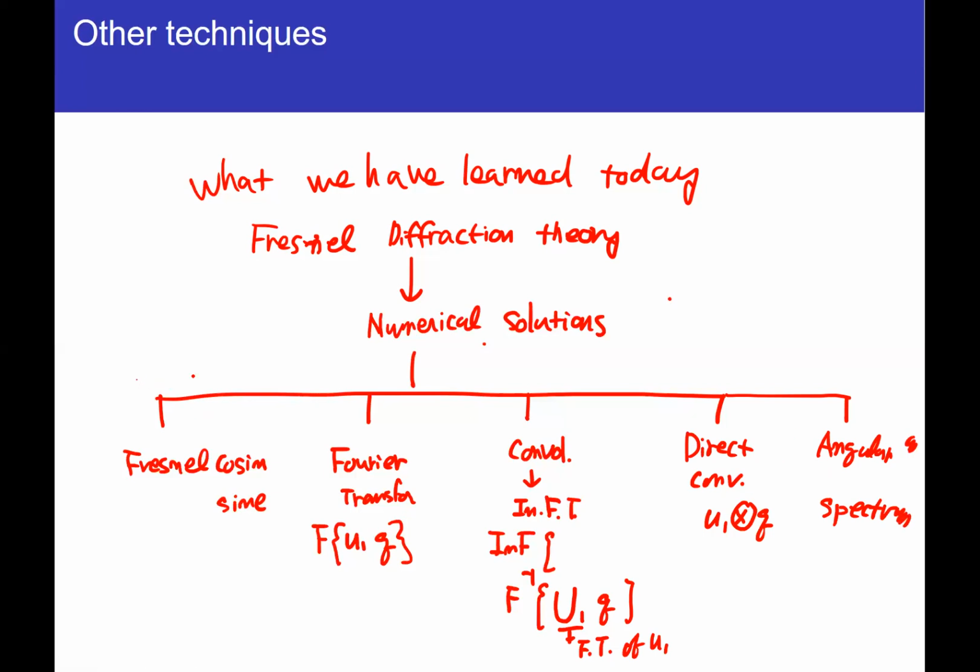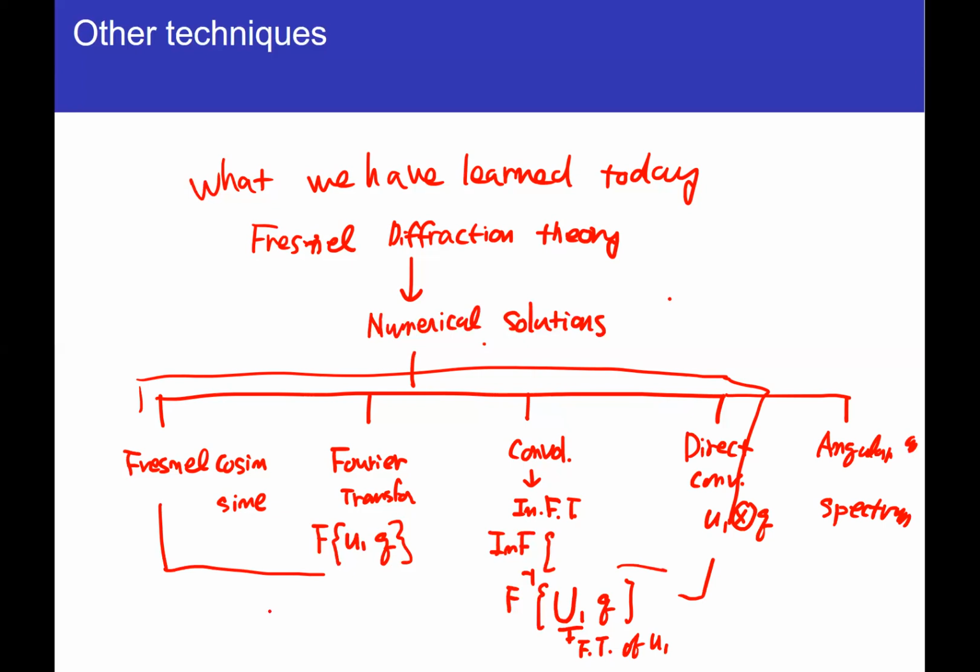And these four are mainly useful when the observation plane is parallel to the aperture plane. Okay. This is what we have learned today. So this is it for the time being. And then what we are going to do next is that